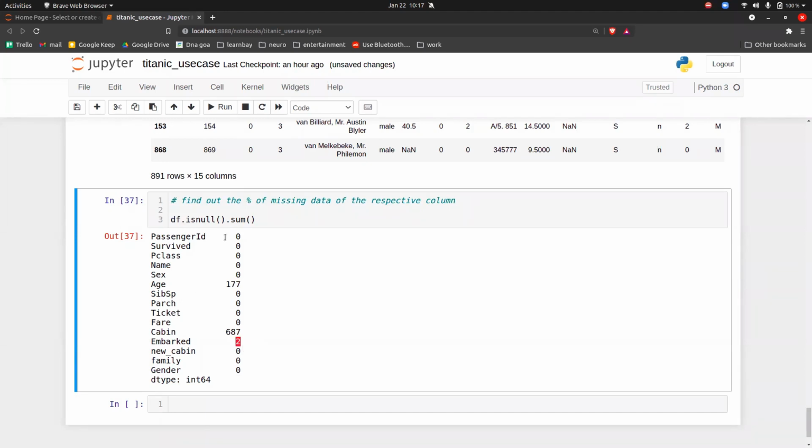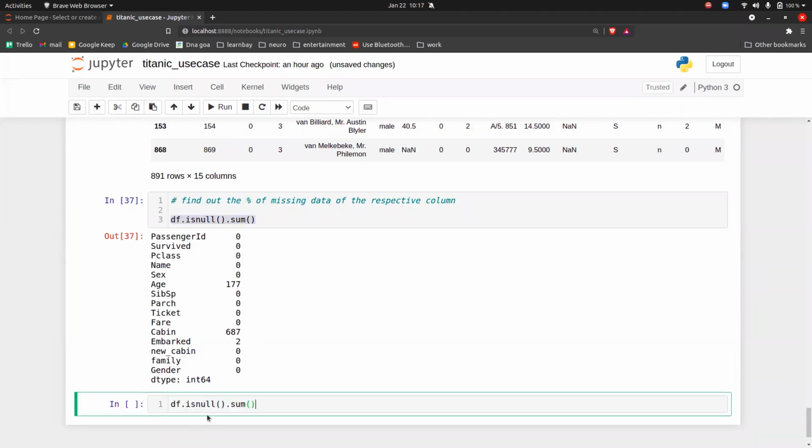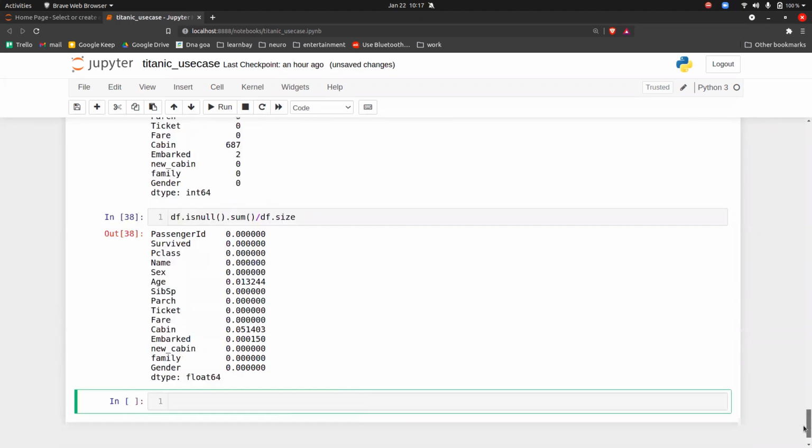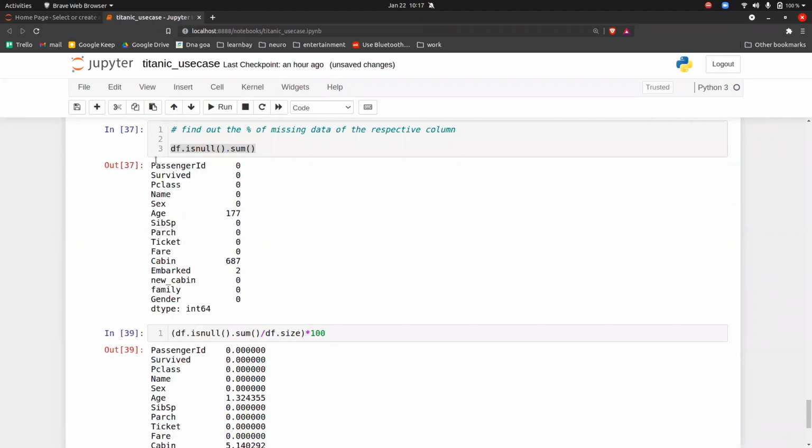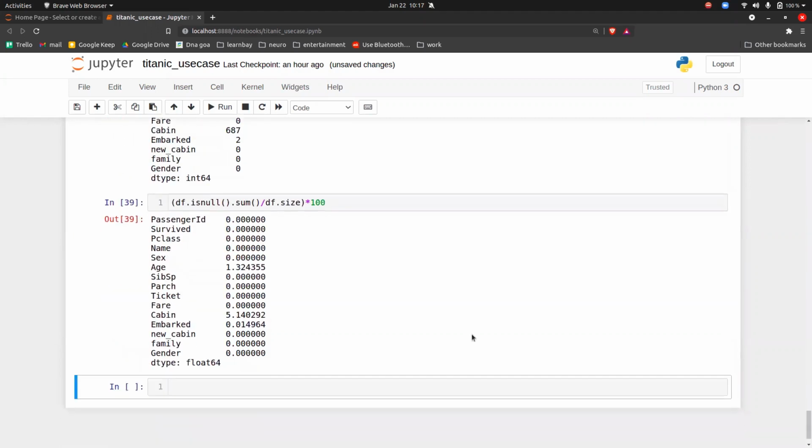So you have to use this knowledge. df dot isnull dot sum divided by the size of the data frame, so df dot size. Once you do it, you get this. And you can multiply by 100. Execute it, and these are the missing values that you have, guys.